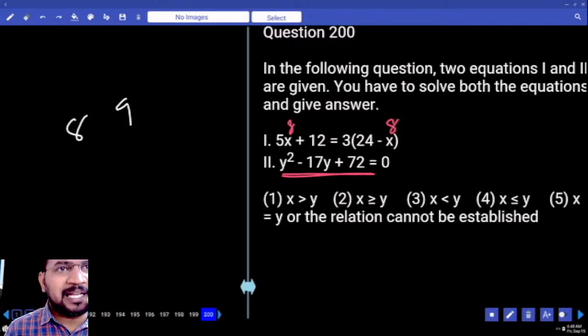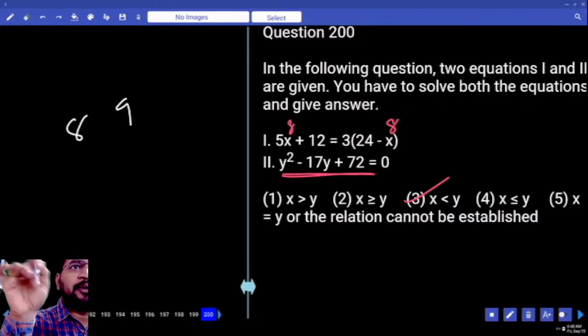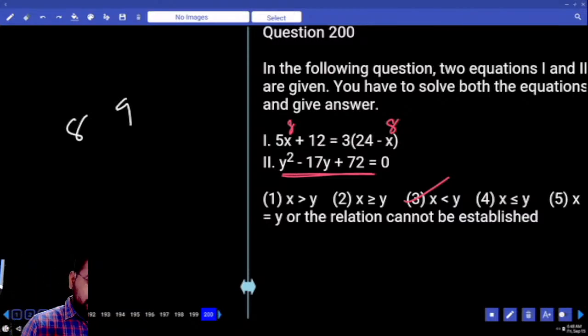And our answer should be x value should be less than 8. Then only it is possible now. So your answer is what now? X less than y. X value should be less than 8. Then only it is satisfied. No need to find out the values. So next one,